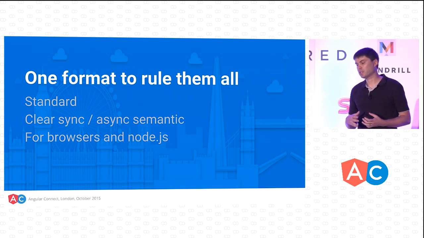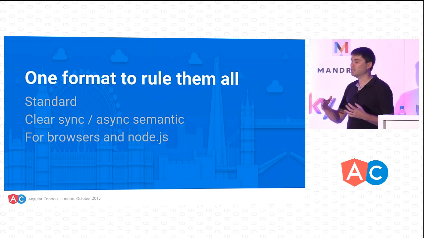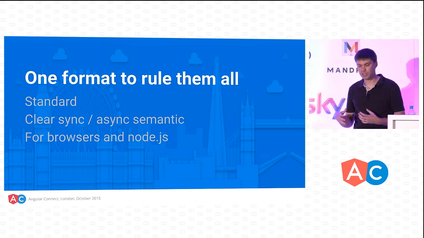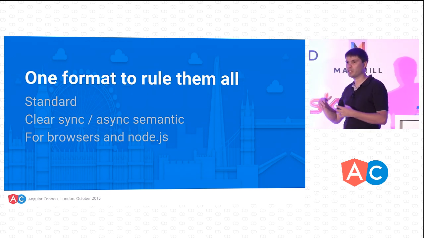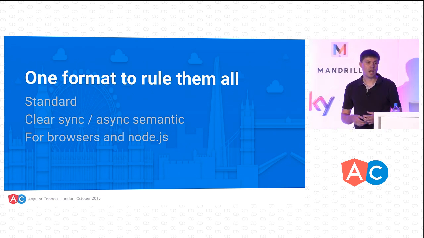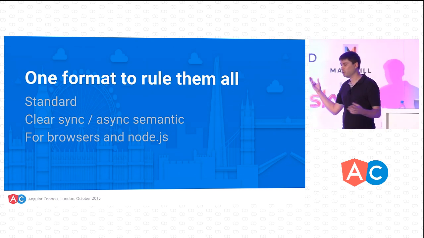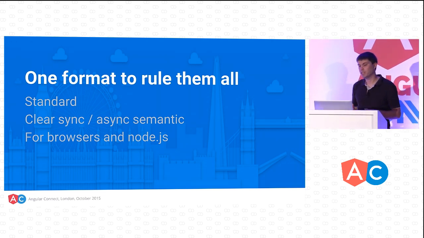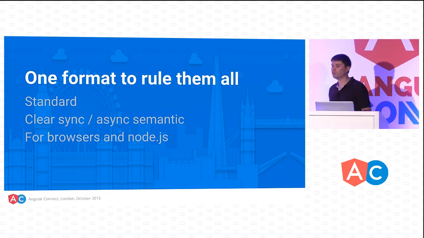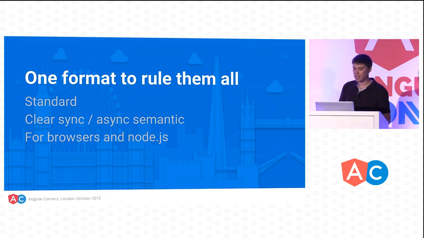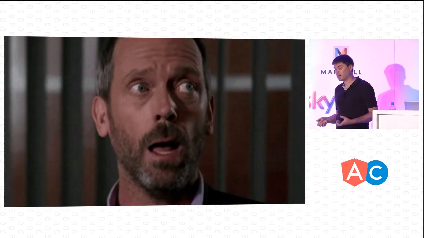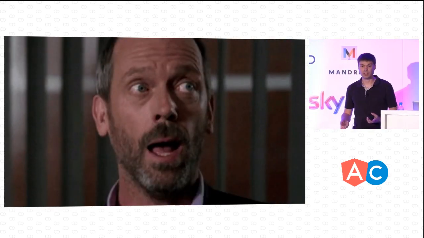This new specification ends the wars on formats. It puts in the past the situation where each and every framework had to come up with its own module format, the fight between CommonJS or UMD or all those formats. So for the very first time, we've got a very clear syntax and semantics that should work in Node.js and in a browser. As much as we are happy about it and want to author in this new format, the reality on the ground is that we can't load these things into today's browsers.